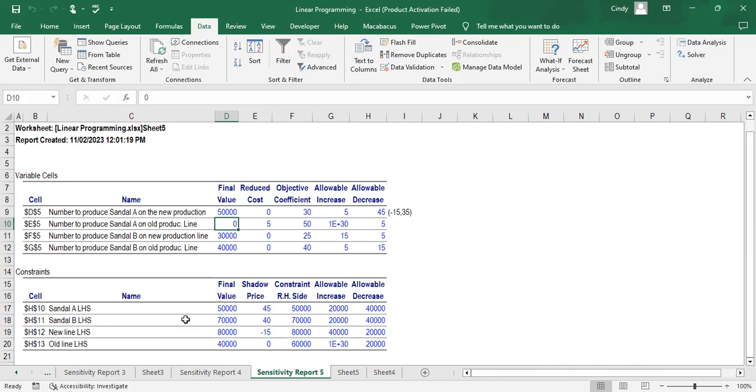So first thing we have to know is whether the constraint is binding or not binding. When we talk about binding constraints, we're talking about the fact that the left hand side is equal to the right hand side. The right hand side is the resources. If the left hand side, which is this final value, is equal to the right hand side, the resource, then it means the resource has been fully utilized and the constraint is binding. The second one is also binding because the resources have been fully utilized. The third one is the same, but the last one is not, because the resources have not been fully utilized. So there is a